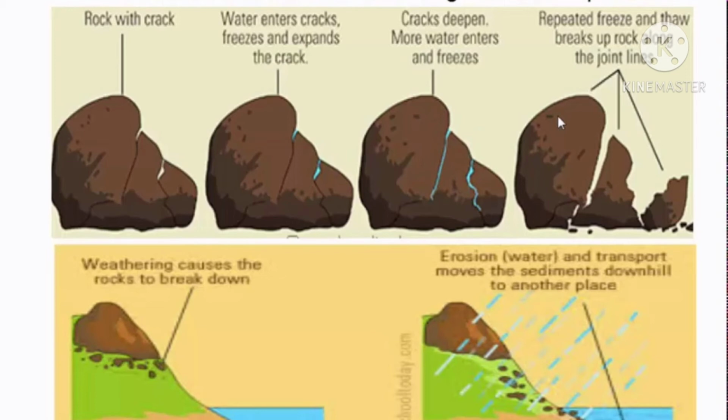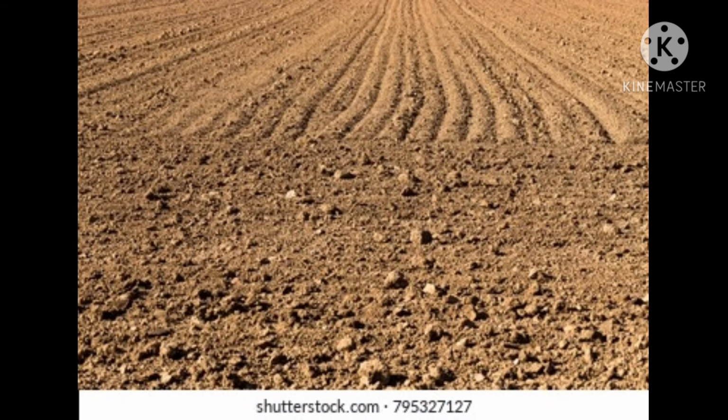These particles of soil get mixed with dead plants, animals, minerals, water and air and form soil. Children, this happens not only in one day or one month, it takes millions of years and it is a continuous process. Children, dead parts of plants and animals make the soil fertile and are known as humus.